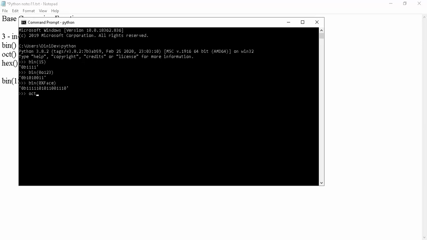In the same way, we can get the output in octal from any other base. Like oct(100), where I am giving the decimal value 100. 0o is the octal prefix, and the octal value of 100 is 144. Now I am giving binary. For binary, the prefix is 0, capital B or small b, followed by ones and zeros only. The same thing for hexadecimal.